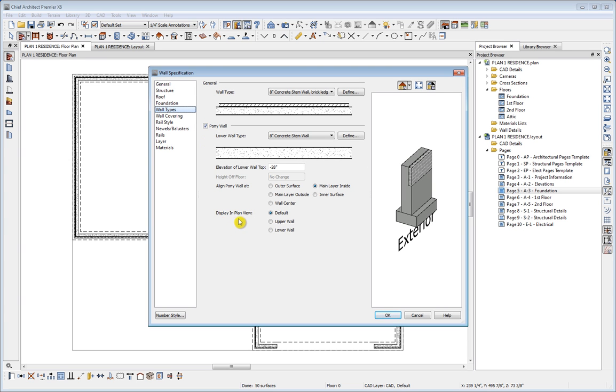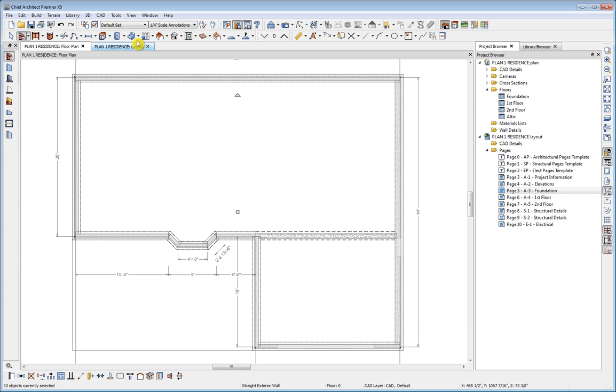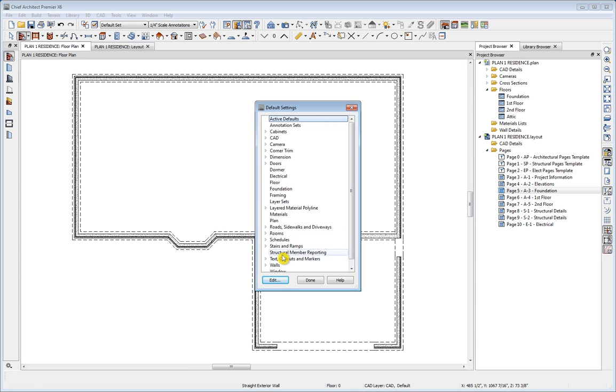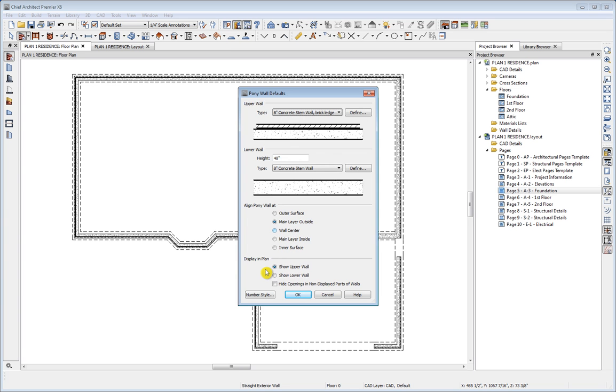And we see they all display in plan view according to the default. So they're defaulting to the default for whether the upper or lower pony wall displays. And of course that default is in defaults for walls for pony walls. So all of my pony walls in this foundation are showing the upper wall because they're following the default. And what we're about to show only applies to pony walls that are set to use the pony wall default for pony wall display. So I'll click OK,